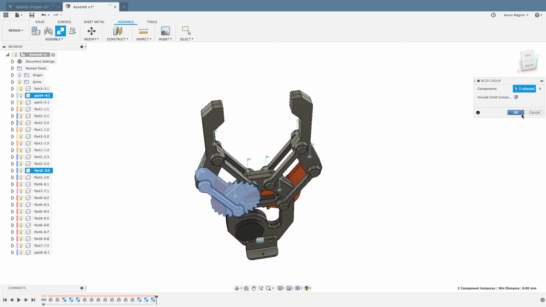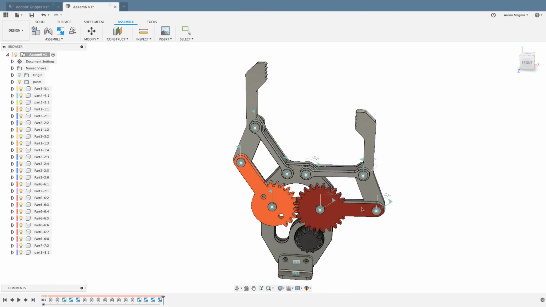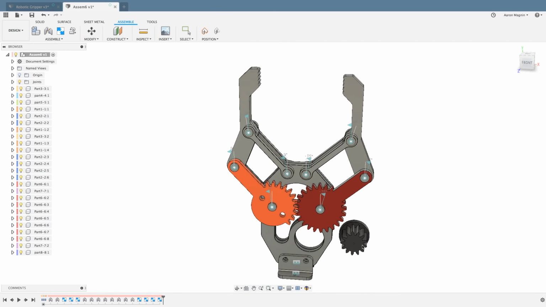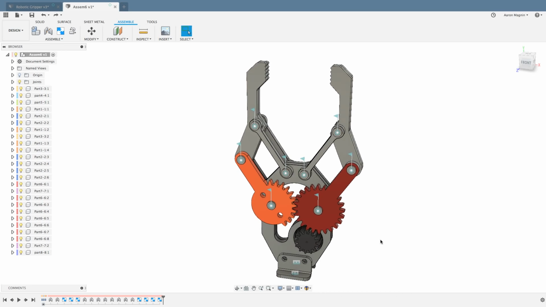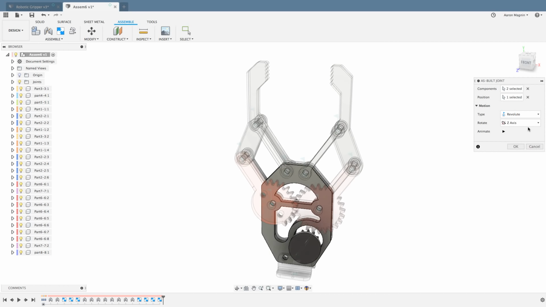And just like that, I think we have now fully created all the joints with this guy. And again, just double check. Looks like I did definitely forget that one, but that's something that I'll get to in a second here. So let's go ahead and not repeat my rigid group. In this case, I do want to do an as-built joint, so I'll Shift J to get to that keyboard shortcut. I'll select the gear as well as where it's mounted to, and then set that revolute about that